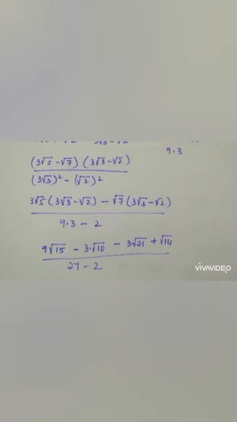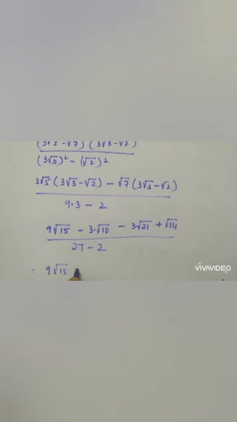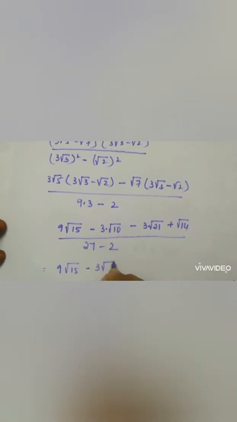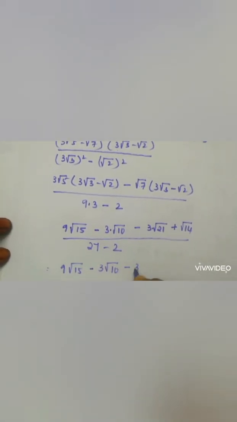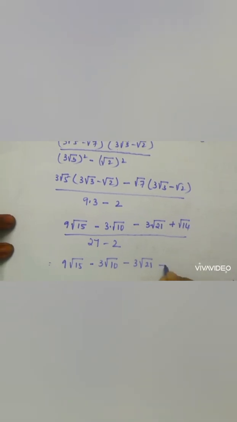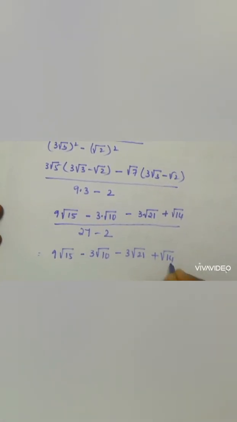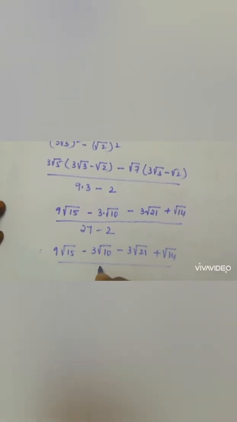Therefore, 9 root 15 minus 3 root 10 minus 3 root 21 plus root 14 by 27 minus 2 is